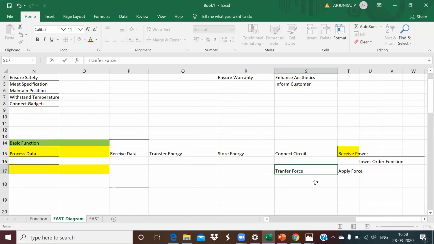Then again I can apply force and then transfer force and then connect the circuit. It will be like this. Right, and then it will be like this. And apart from that,